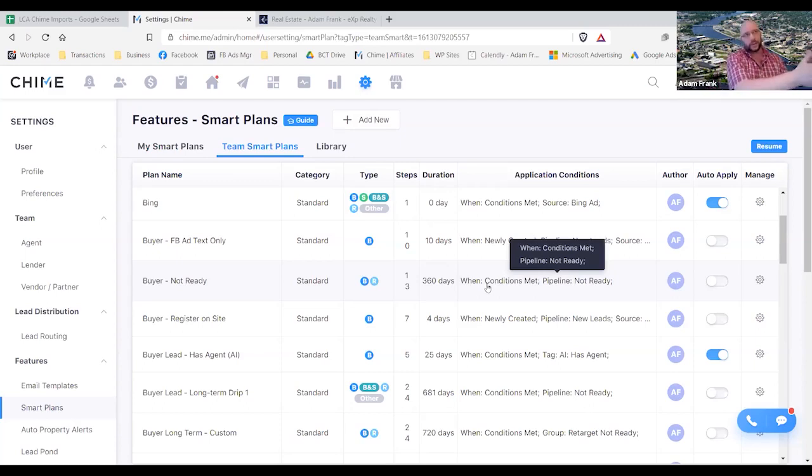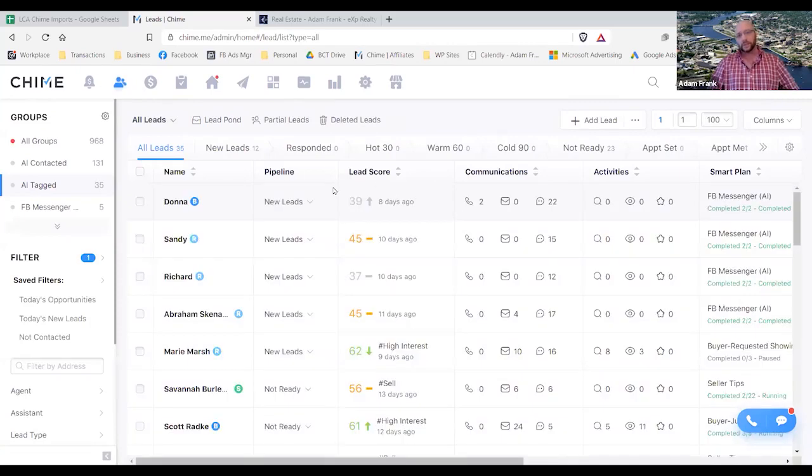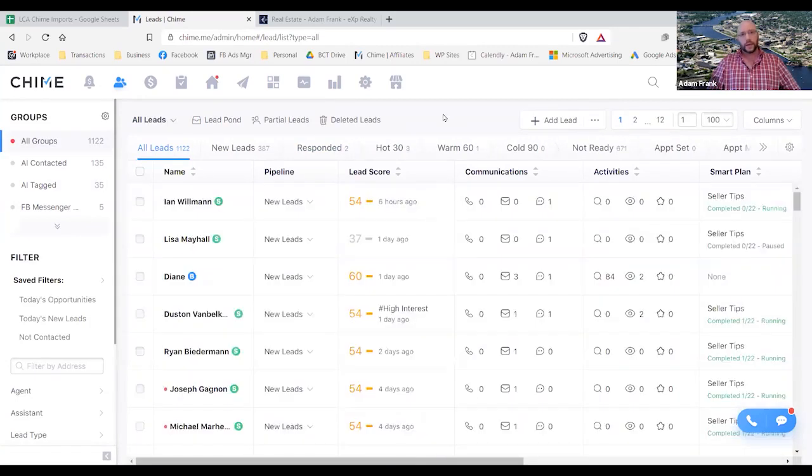I've got at least a good two to two-and-a-half year campaign completely automated, that if they don't respond, let Chime take care of them. Let the system figure out who needs to be nurtured and who needs to be dealt with immediately. And then with that automation through the smart plans, anybody that responds to a smart plan is right in here. Let me get rid of my filters here. So when I come in the morning and check it, I'm looking at these three pipelines because I'm looking, okay,